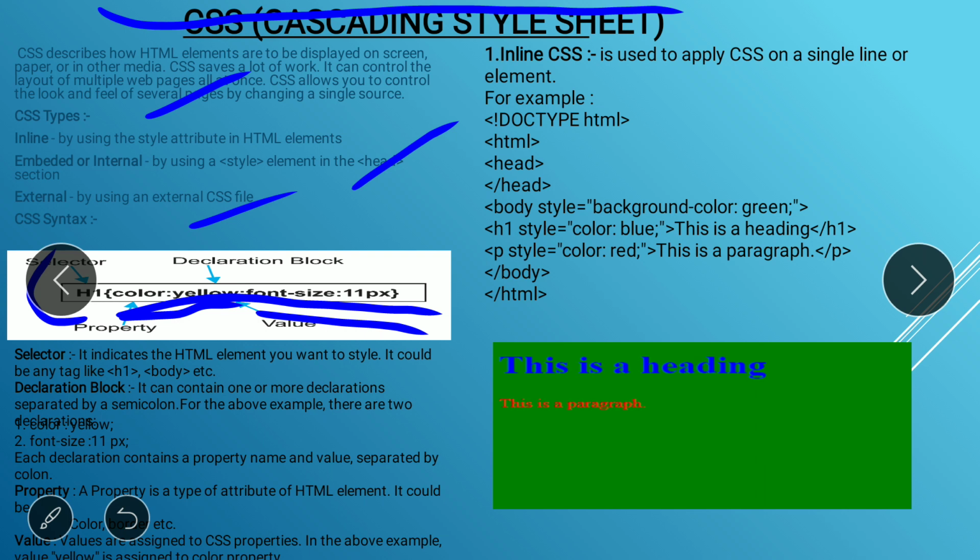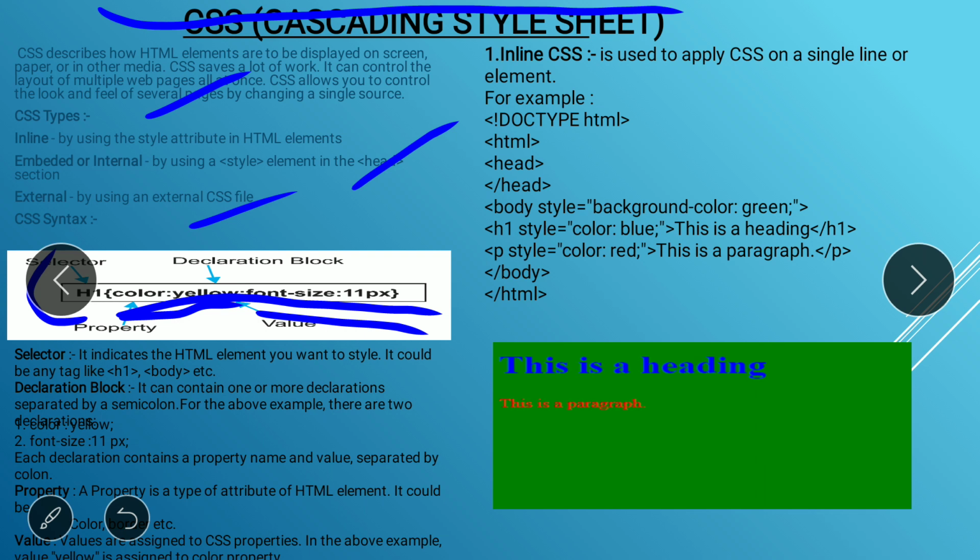Declaration block, it can contain one or more declarations separated by a semicolon. Just as I told you, for the above example there are two main declaration parts. First one is the color and second one is the font size. Each declaration contains a property name and the value separated by the colon.